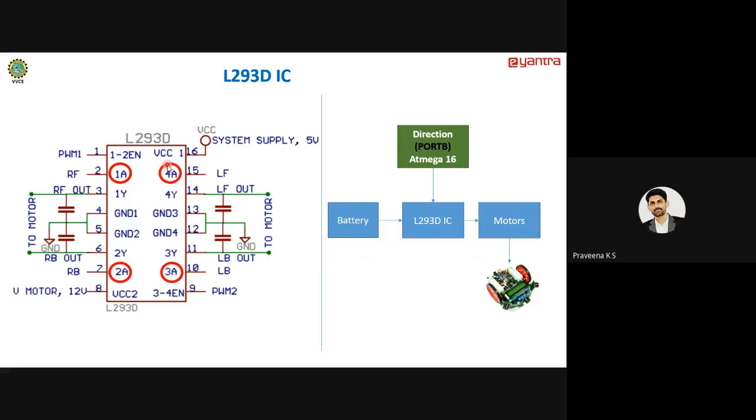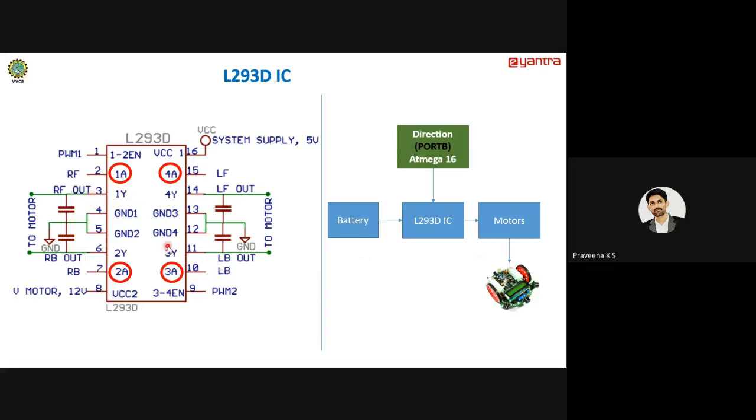The port pin connection there is for port A. But in this case, this is a Spark 5 robot, and the port connection is port B. So it is not port A, don't be confused. It's supposed to be port B. These are the pins connected to port B, and when you give the input to turn in a particular direction, that port writes the data to these pins of the L293D.